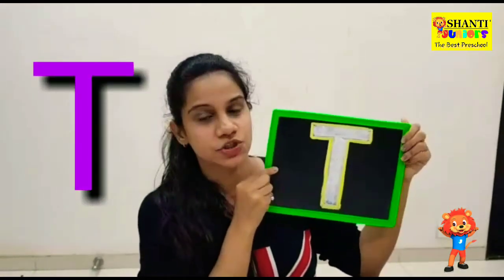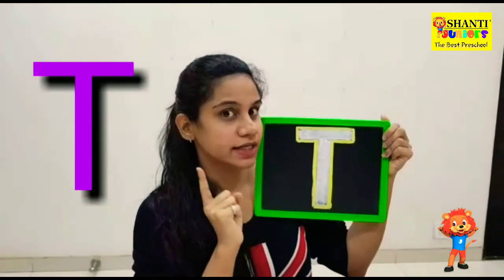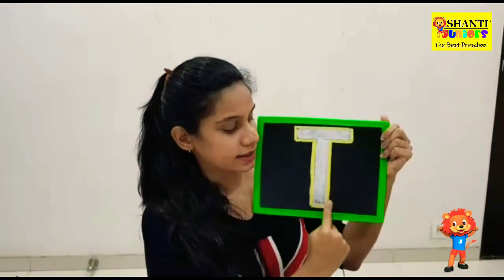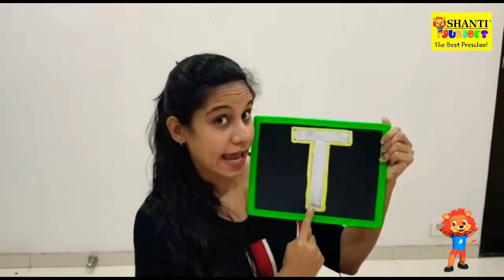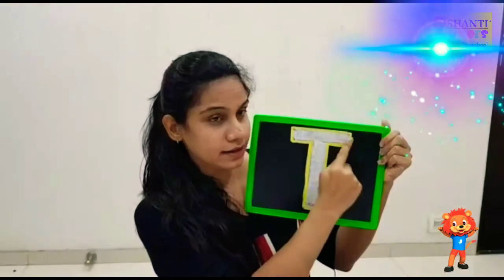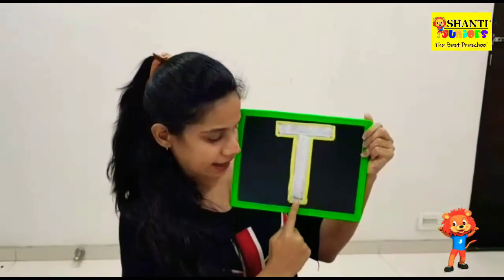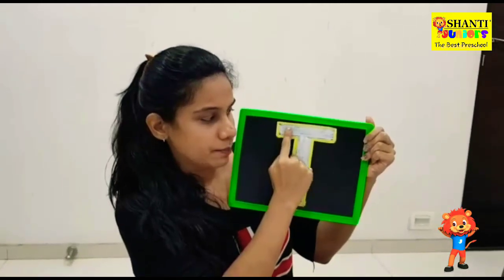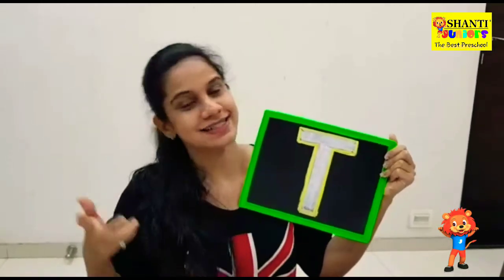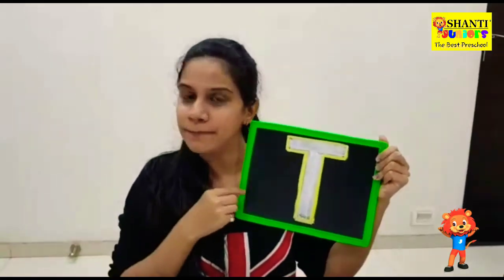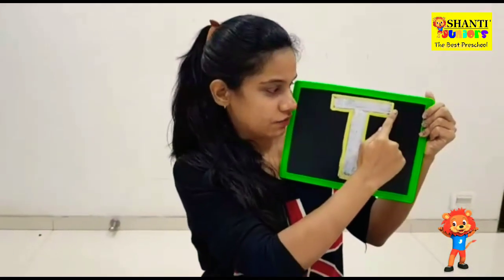It is very simple, children. Remember, Sabha teacher had shown you the standing line. Then I had shown you how to write the sleeping line. Yes, this is T. Do a standing line, then up you do a sleeping line. That is T. So simple. Sleeping line first, then standing line. It is T. Now let us see how to do coloring of T.